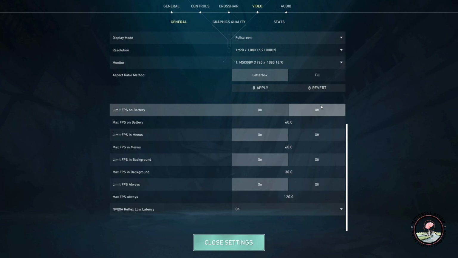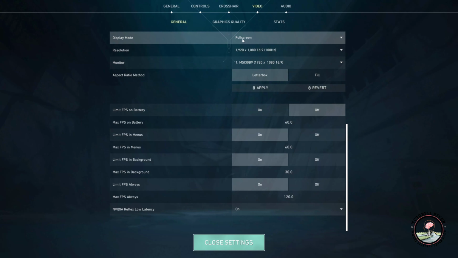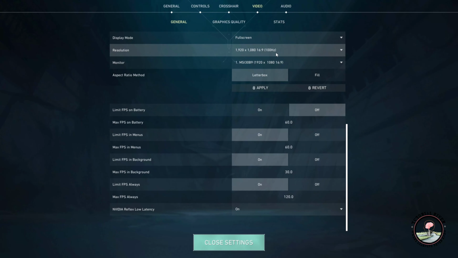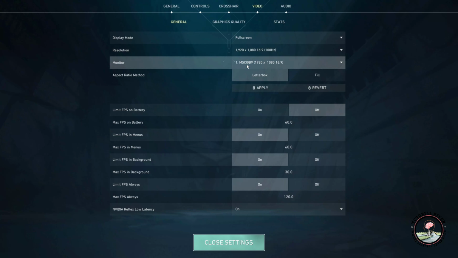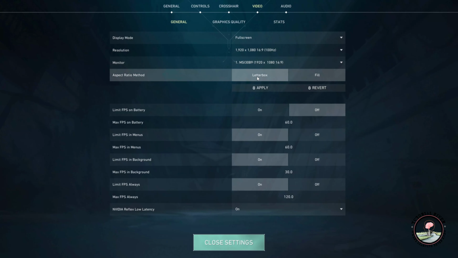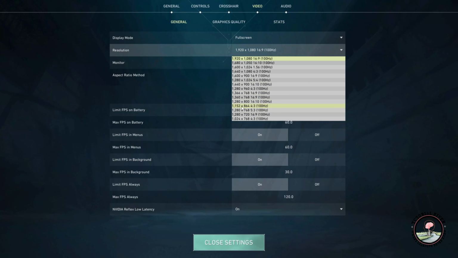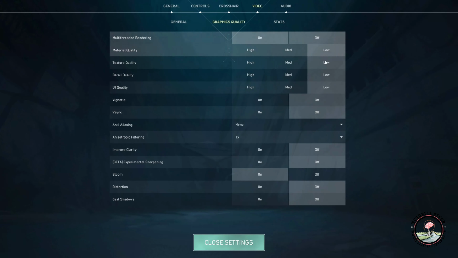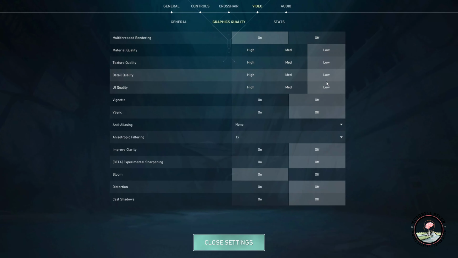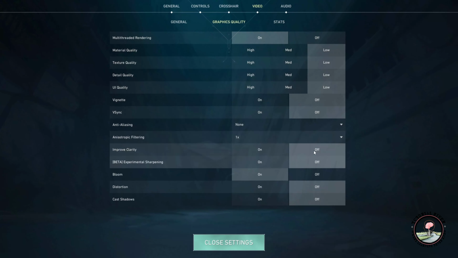Here we have to change the display mode to full screen, and you can lower your resolution to get more FPS in game. In graphics quality, turn every setting to the lowest possible setting,